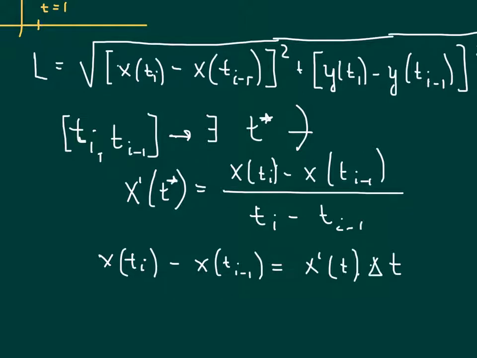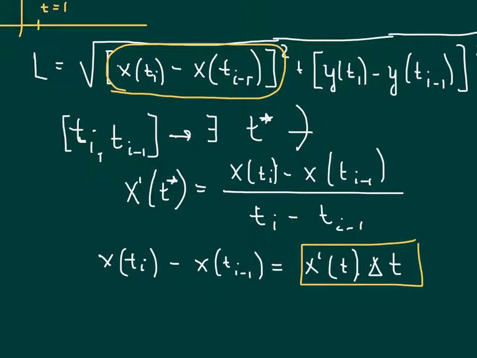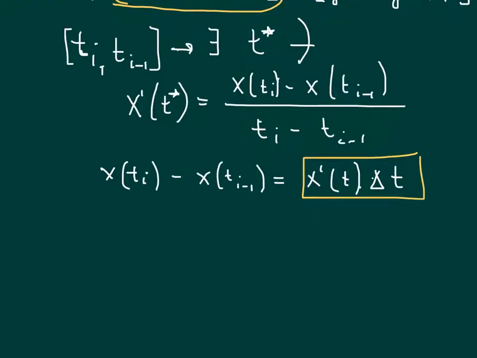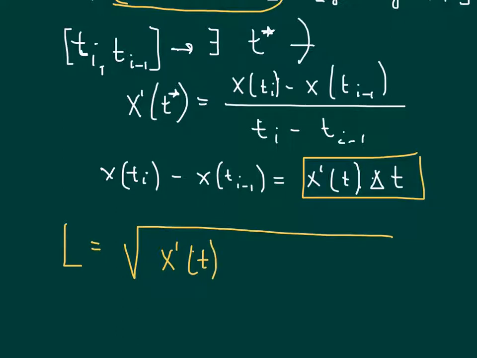So as delta t goes to zero, I can replace this part of my little Pythagorean theorem equation with x prime of t delta t. And in fact, since y is also a differentiable function, I can do the same thing. So here's what my Pythagorean theorem is going to look like eventually. Each of the hypotenuses is going to be equal to the square root of x prime of t delta t